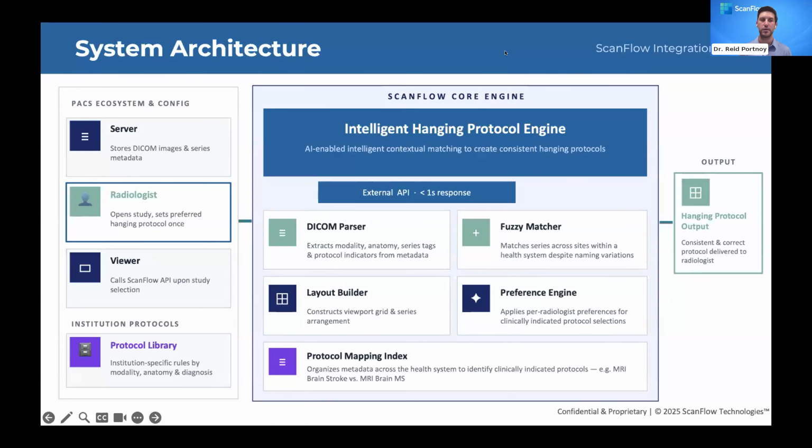And to go through our system architecture, we have the server, which stores our DICOM images and series metadata, the viewer, MedDream, which calls the ScanFlow API upon study selection, and our protocol library, which is institution specific. So one large hospital institution will have specific rules by modality, anatomy, and diagnosis that are based on that radiology